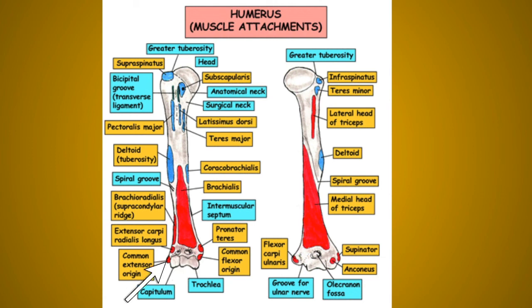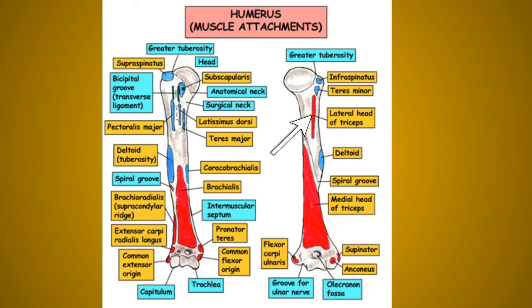In the same way, the lateral epicondyle is known as the common extensor origin. Why? Because over here the superficial extensor muscles of the forearm have the common origin in the lateral epicondyle. So the medial epicondyle is also known as the common flexor origin, and the lateral epicondyle is also known as the common extensor origin. Now the anconeus muscle basically arises from the posterior surface of the lateral